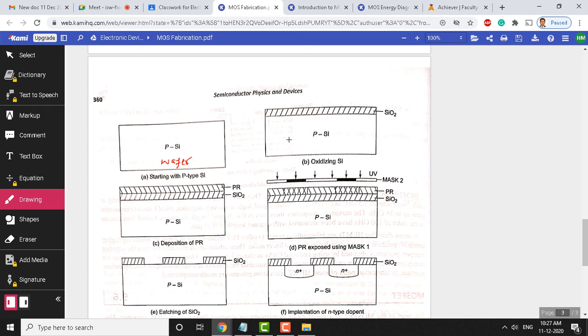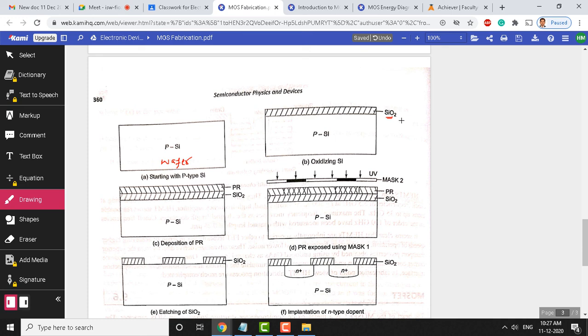Now let us go to step number 2. This is step number 1. Step number 2 is, as you are seeing here on top, we are going to coat with silicon dioxide. We are going to oxidize with a layer called silicon dioxide. At the bottom is the substrate, and on top of that you are seeing silicon dioxide as another layer, which will protect many other layers while diffusing the n plus regions. We need to protect some layers. You will see the importance of this silicon dioxide later also.